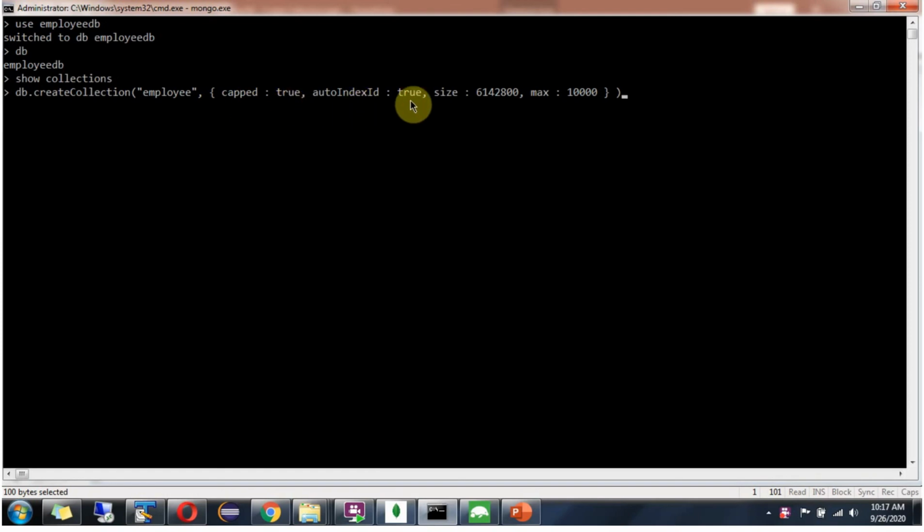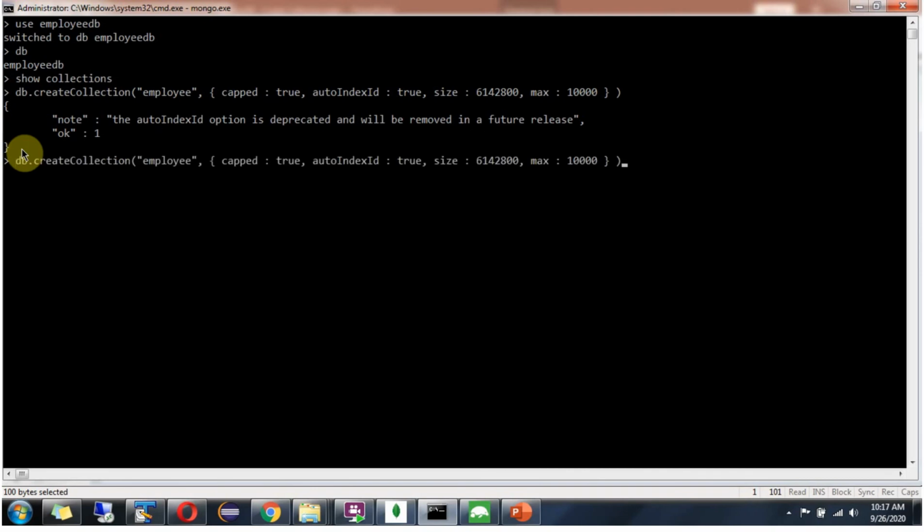Auto index ID is true, and size I have specified in bytes, and maximum number of documents is 10,000. And here you can see it is successfully created. We can double check using show collections command, and here you can see the employee collection is created.